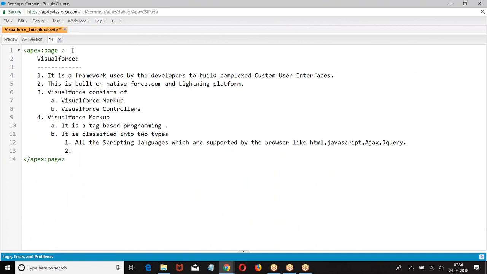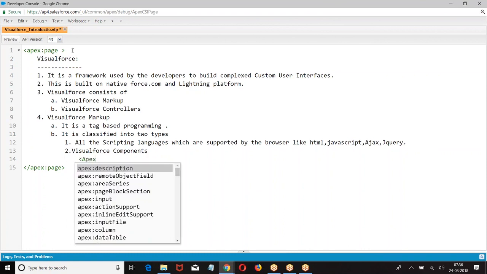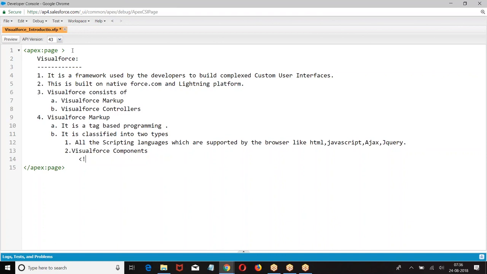Second, Visual Force markup: Visual Force components. What are the Visual Force components? We had Apex. Salesforce has defined some of the components.